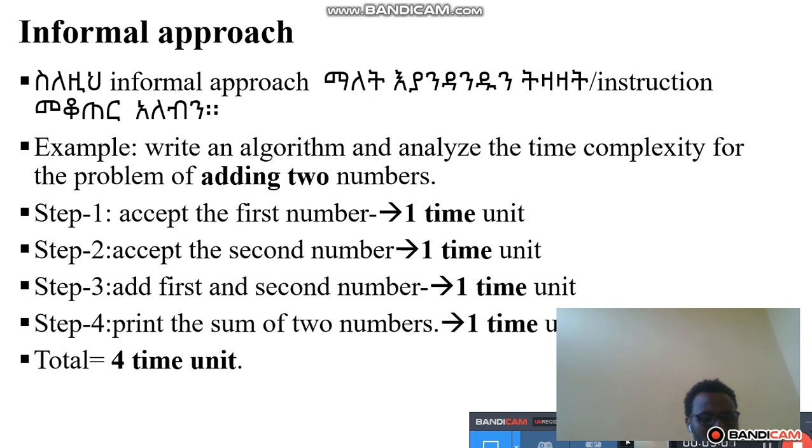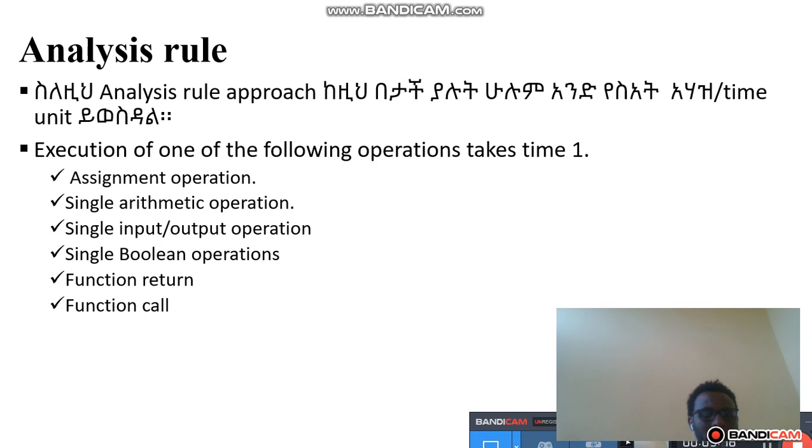ለምሳሌ write an algorithm and analyze the time complexity for the problem of adding two numbers ታርጌታችን ሁለት ቁጥሮችን ለመደመር ነው ስለዚህ ይሄን ስቴፕ አለ ስለዚህ ስቴፕ 1 first accept the first number ይላል then it takes one time unit ይወስዳል step 2 accept the second number one time unit ይወስዳል እና በዚህ መሰረት አጠቃላይ ስንት ታይም ዩኒት ይፈጅብናል ማለት ነው 4 ታይም ዩኒት ማለት ነው